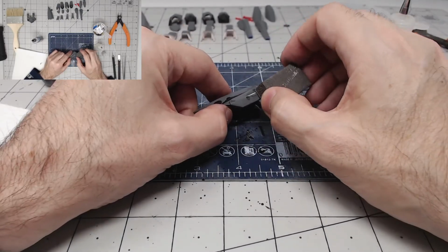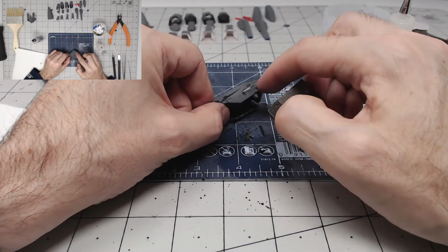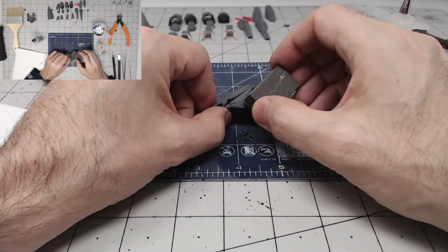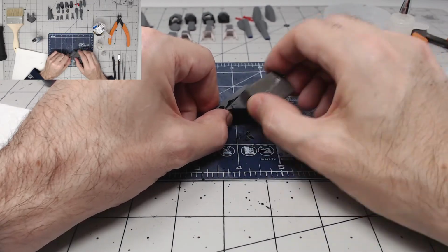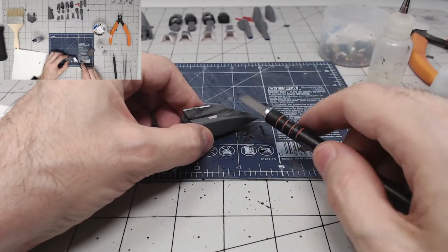Just using a very light touch. I don't want to damage all the good parts that I have on there. I just really want to, as much as possible, focus on the new glue that I put on there. And then for that inside corner, I'm going to do the same thing I have done in the past, where